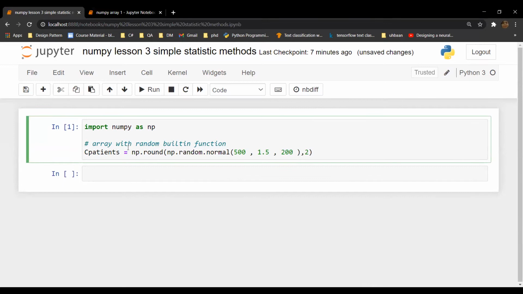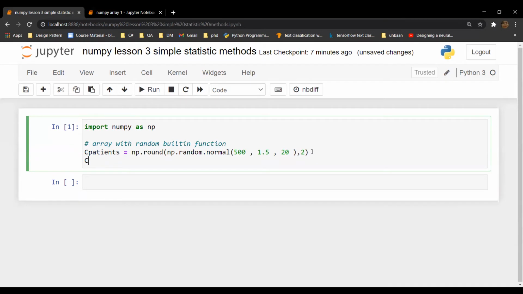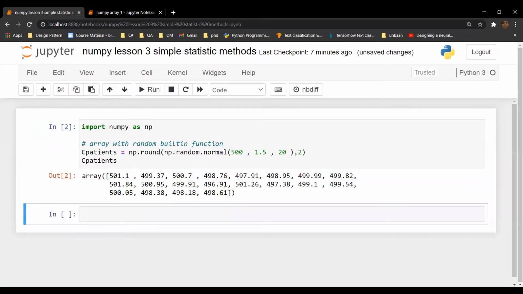So right now, let's keep it simple. I just put 20 and let's check out the output. C patients. So here are the 20 values. 501, 499, and all of these values are in a normal distribution, and the deviation is 1.5.